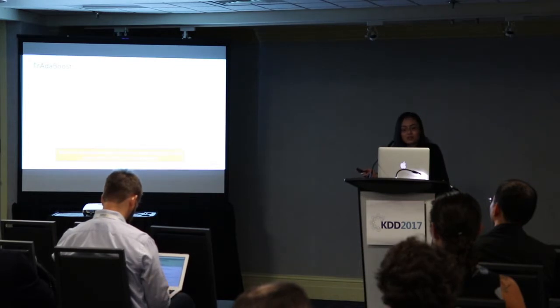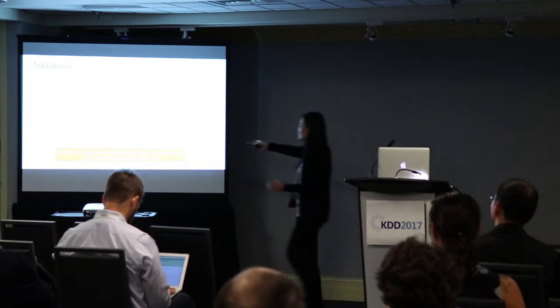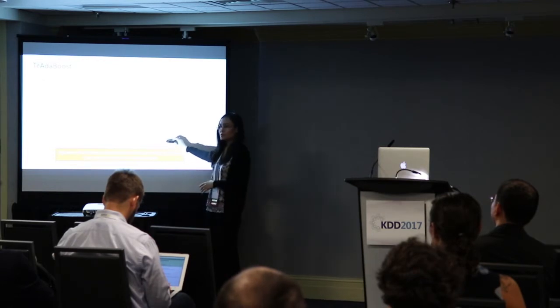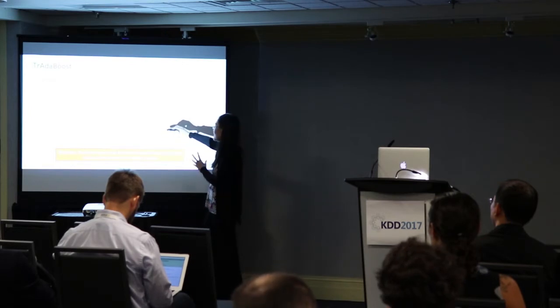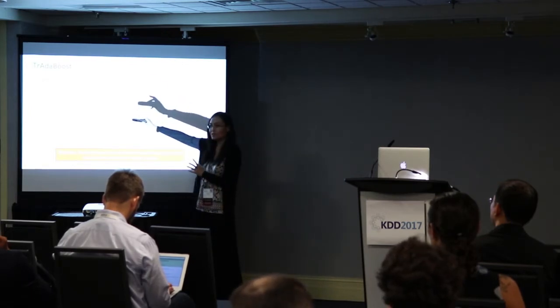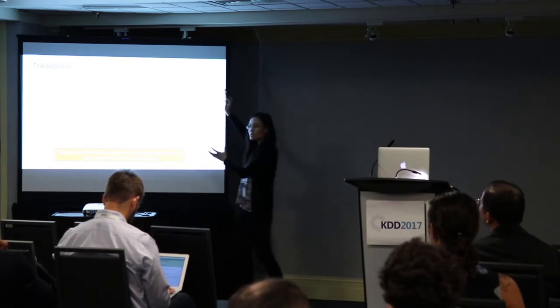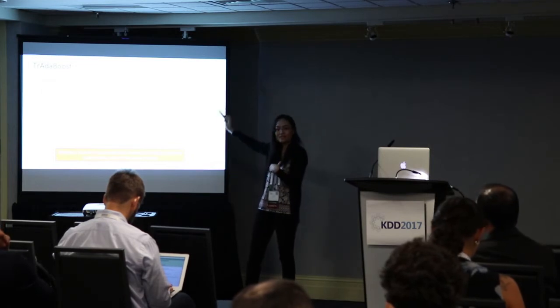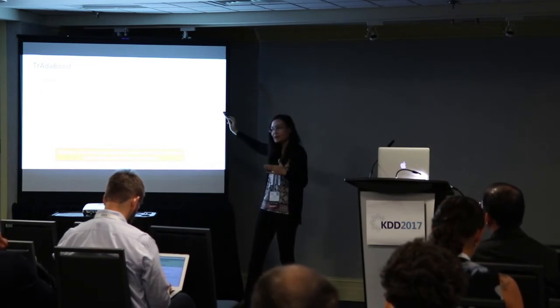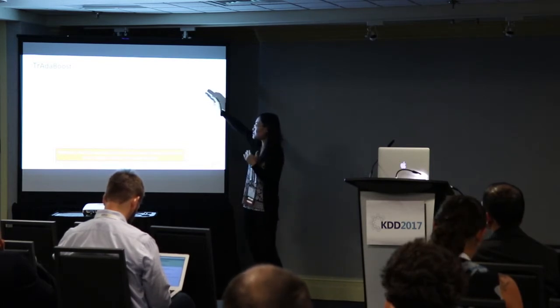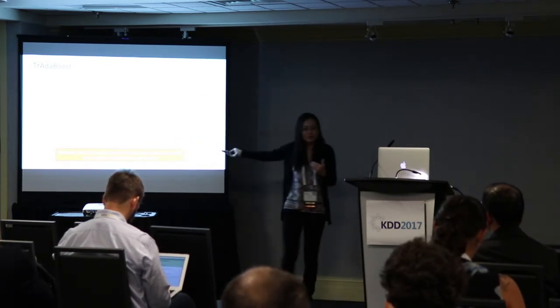So the idea of this algorithm is to transfer weakly related or outdated source training samples to a new task to improve performance. So the data set will look like this. Here are the validation samples, the real data you want to build a good model for and test on. But then you only have a small data set to train on, which is directly related to your task. Then there is a large data source that's not directly related to your task, but you know there's some relationship between them, and you want to somehow borrow some samples from there to help you train a good model.